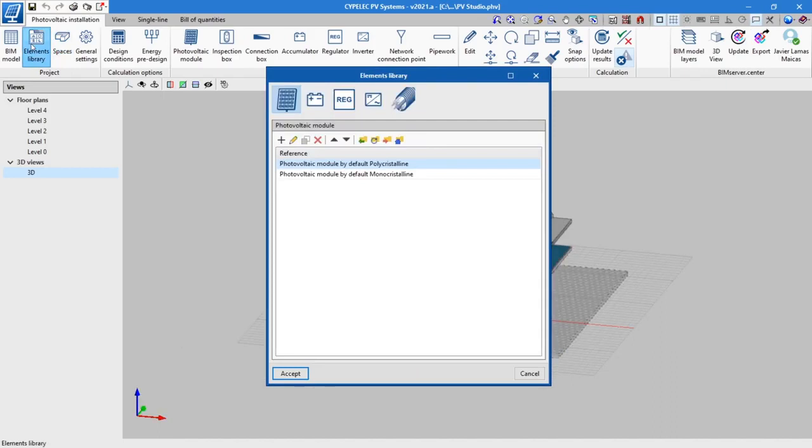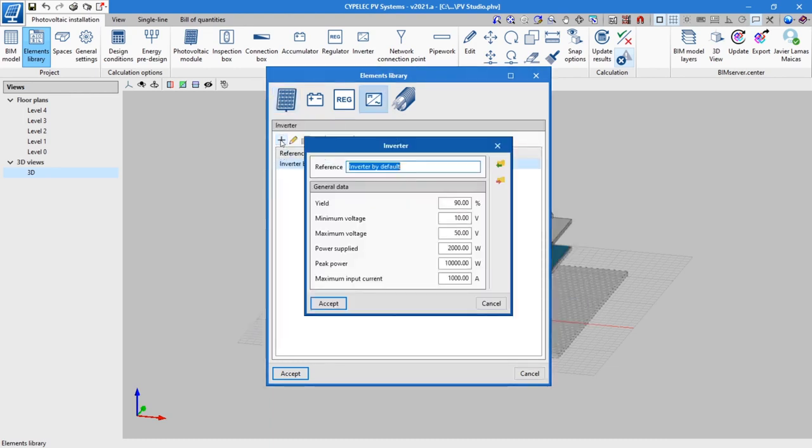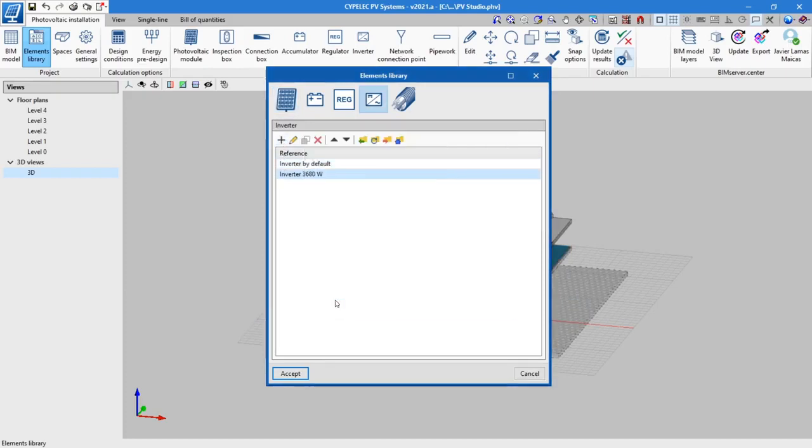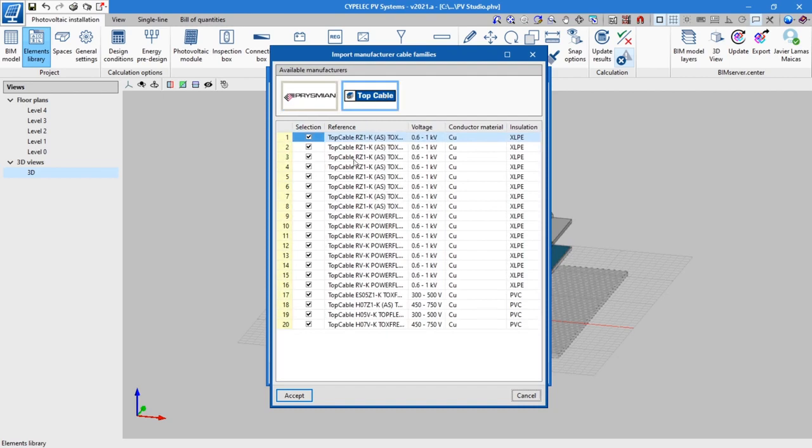The application allows users to create and edit the modules and other elements of the equipment that will make up the installation from the Elements library, so that new photovoltaic panels can be created. These new panels will be designed by entering the respective electrical features of each model. The inverters, accumulators and regulators will also be created in the same way. Additionally, the program contains cable families from different manufacturers such as Prysmian and Top Cable, which can be entered in